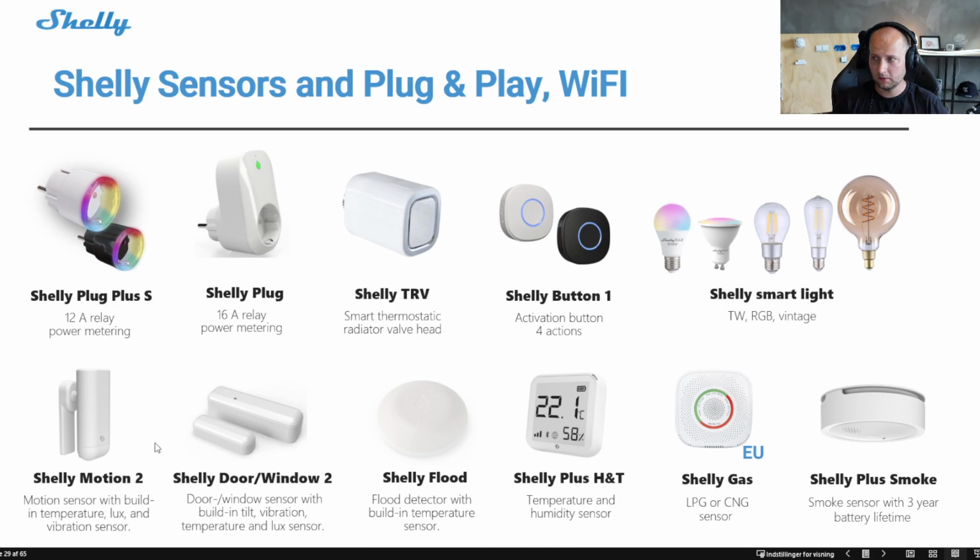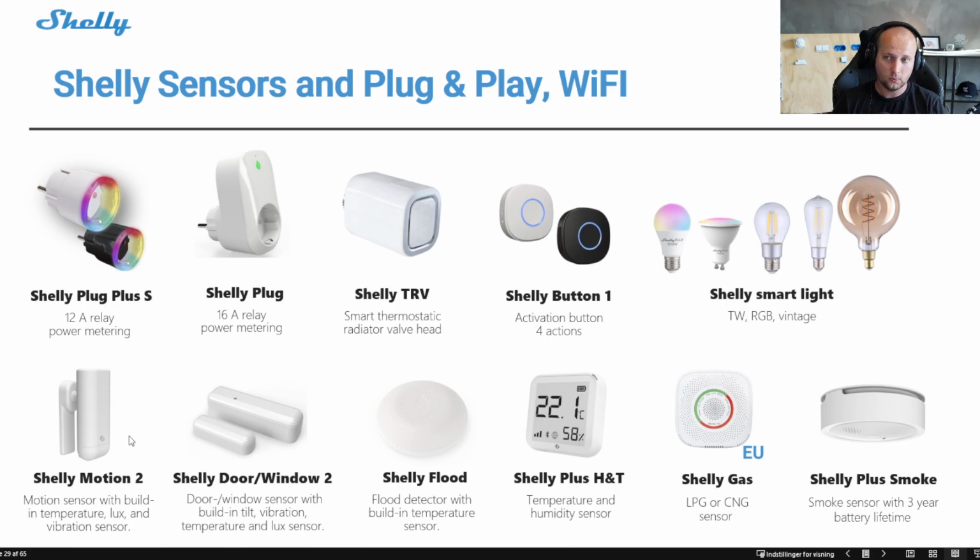This is one of my favorite devices, the Shelly Motion 2. So this is a multi-sensor, so it has the motion detection, of course, with passive infrared technology. But it also has built-in temperature sensor, it has built-in lux sensor and built-in vibration sensor. So a lot of different sensors built in one single device.